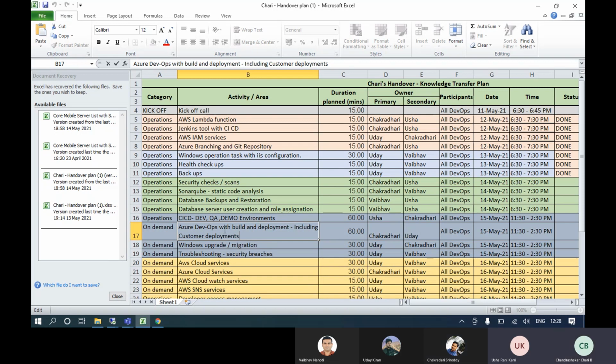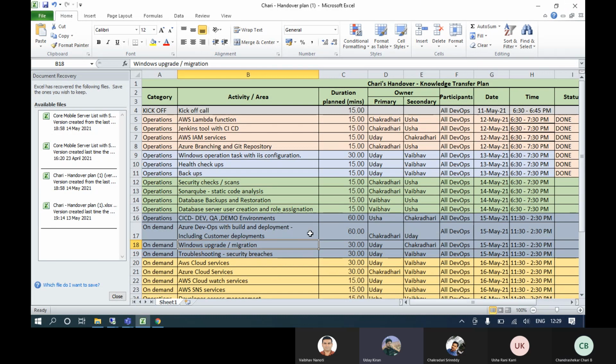Okay, I'm done with this. Now, Windows upgrade or migration, I don't know who has given this task. Check whether you know what we were doing in this. Maybe we are migrating from AWS to Azure, right? The ID which you provided me, that is the ADM ID, right? This server should log in with the functional ID. Can you ping me the functional ID?